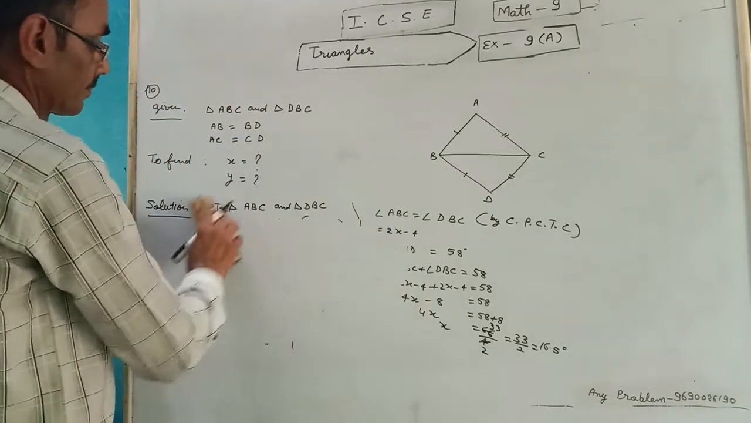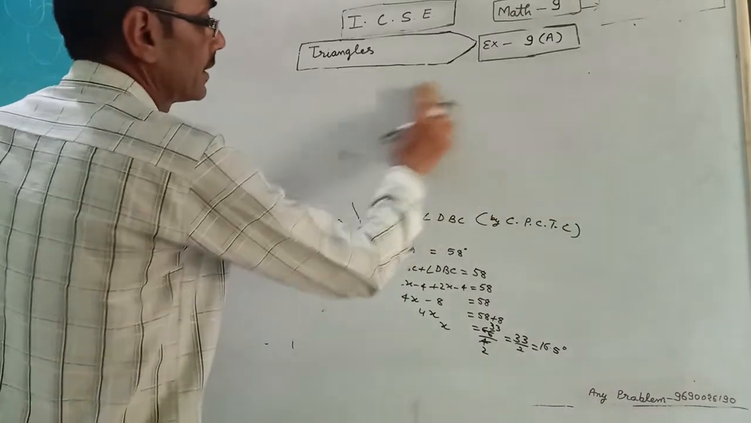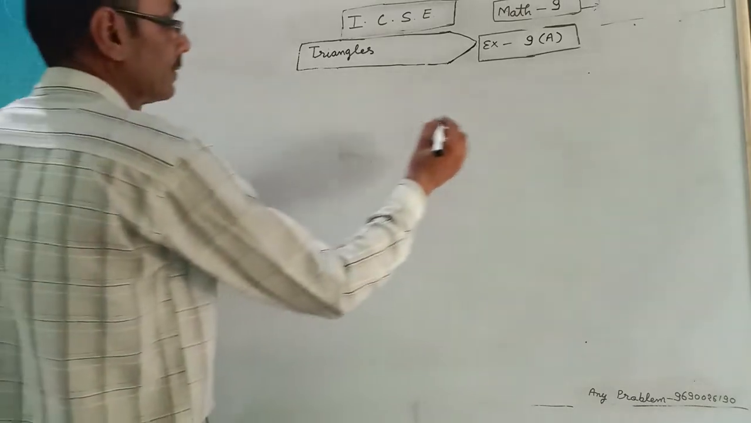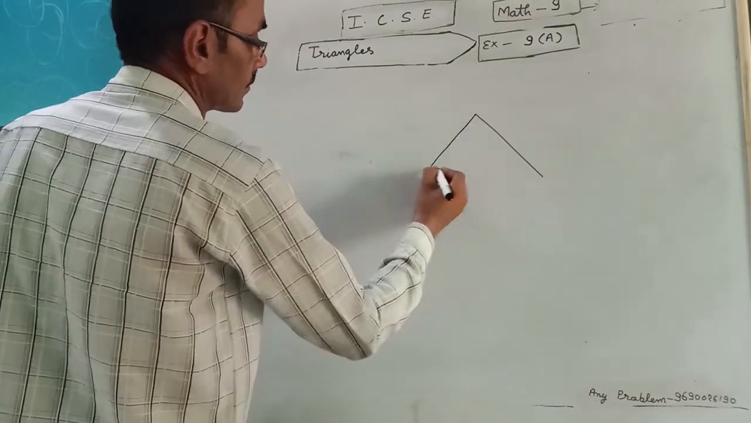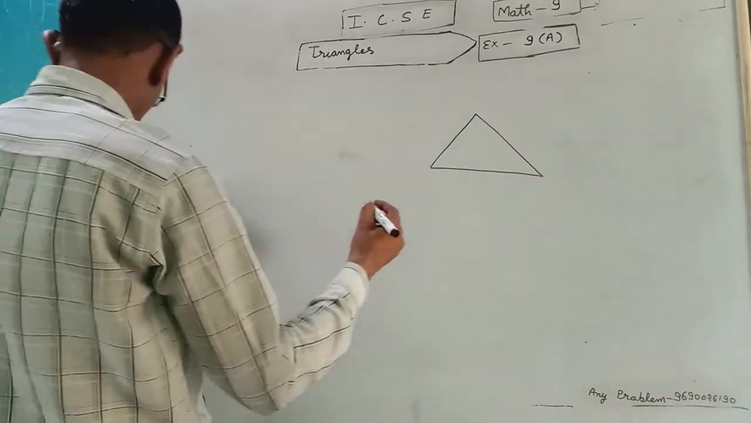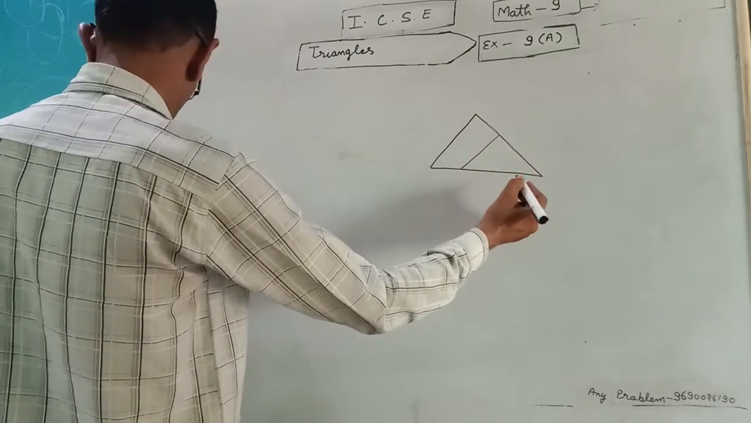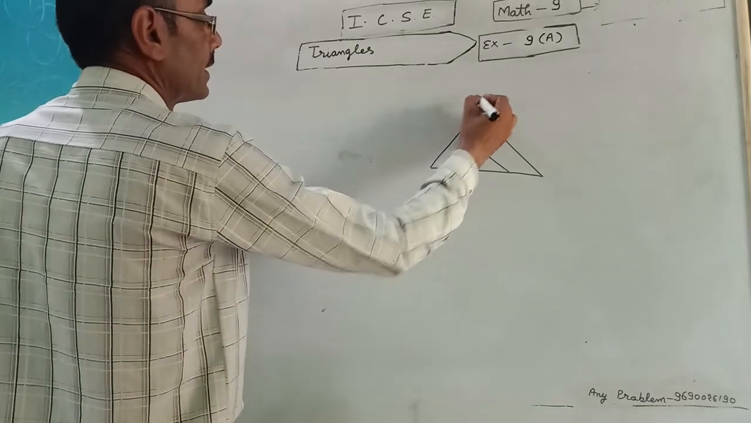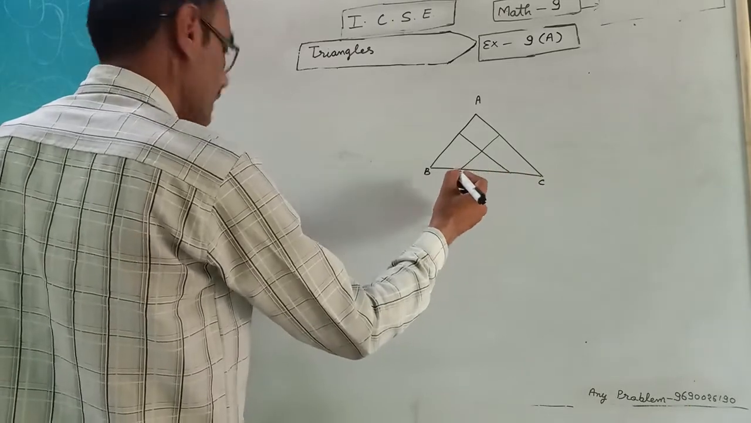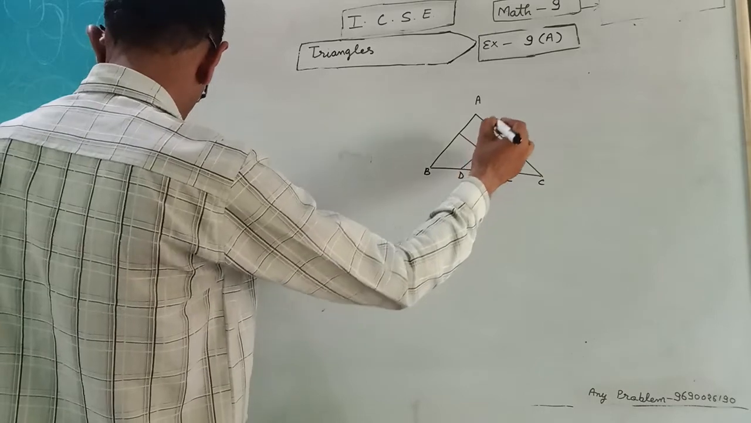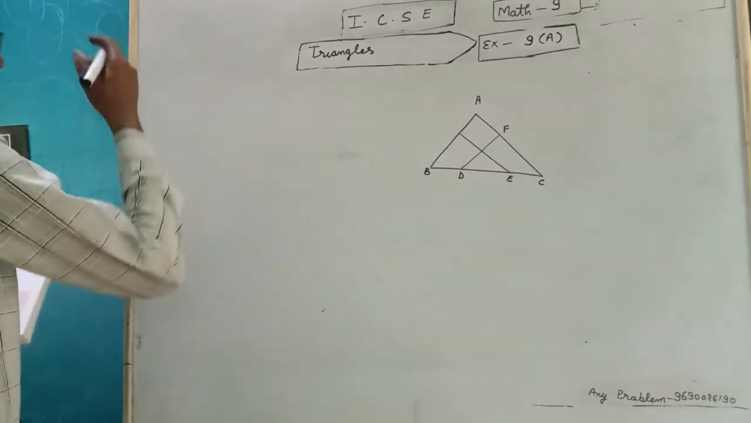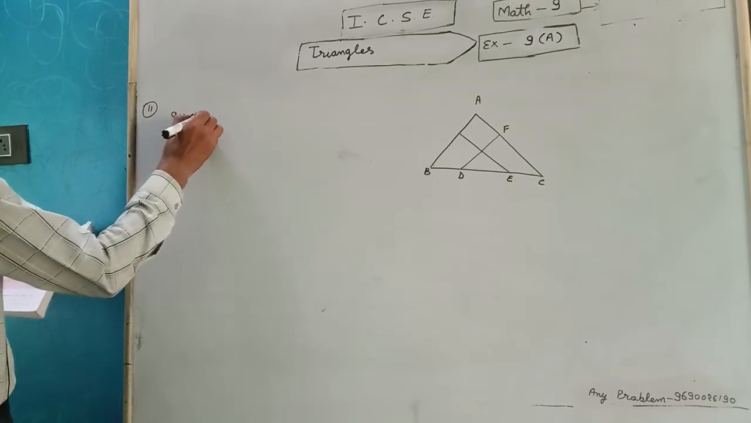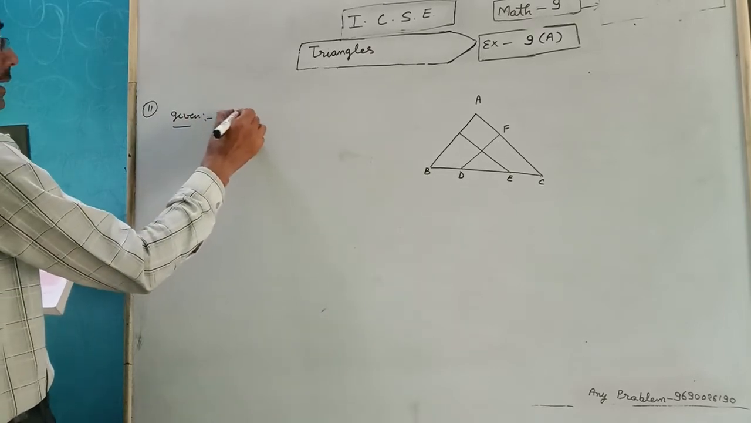Question number 11 is the figure given in the book, that is figure ABC and DEF. Given is in the figure